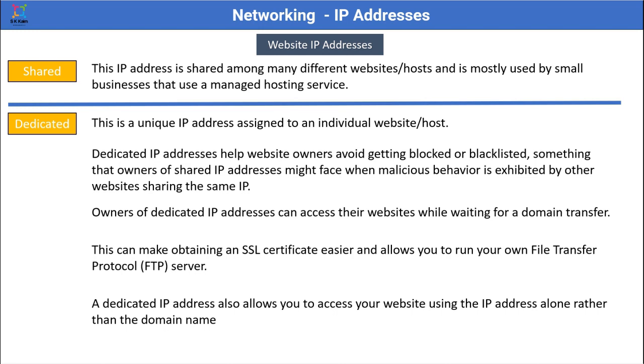If your website has a dedicated IP address, it can also be accessed by the IP address instead of names, provided that there are rules configured or permissions provided to access the website using the IP address. You see, most websites are secured by using an SSL certificate. If you have a static or dedicated IP address assigned to your website, it is much easier to install an SSL certificate and to run services like file transfer in a more authentic way.